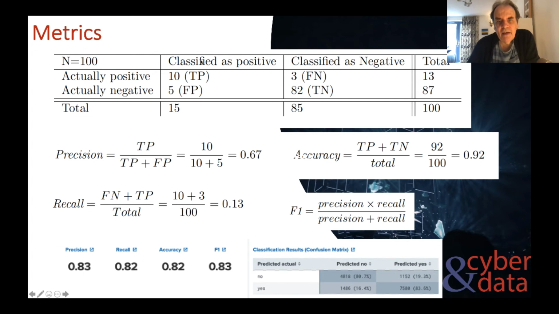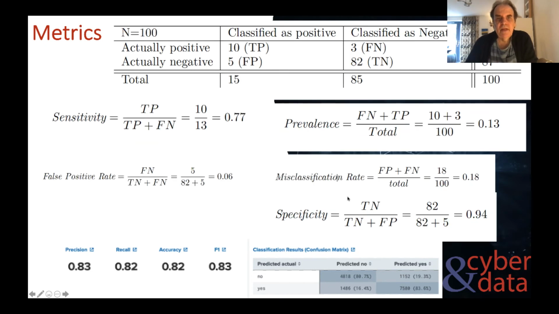So we define our confusion matrix like this. So here is predicted no, and no, and here is predicted yes, and yes. So we end up with a confusion matrix, and we want to make sure that we maximize these two values here and minimize these values. Some of the metrics that we can also use: sensitivity, prevalence, miscalculation rate, specificity, and a false positive rate.